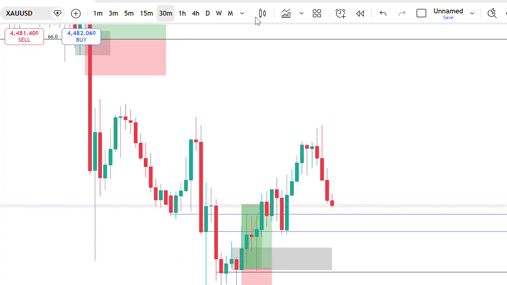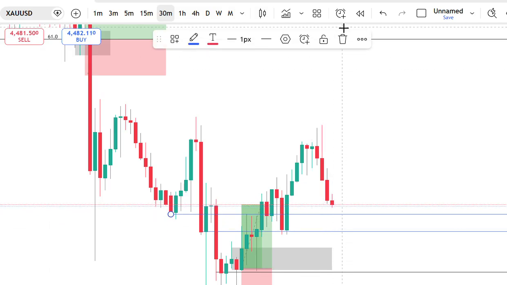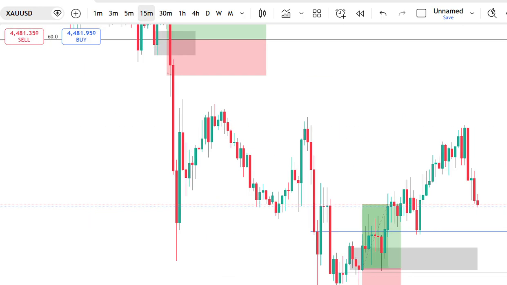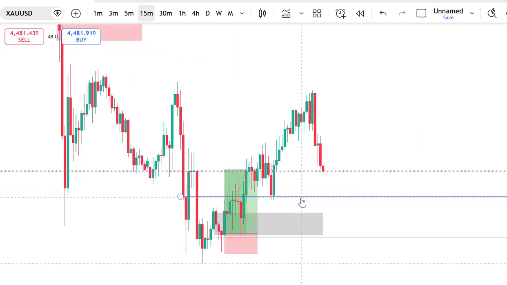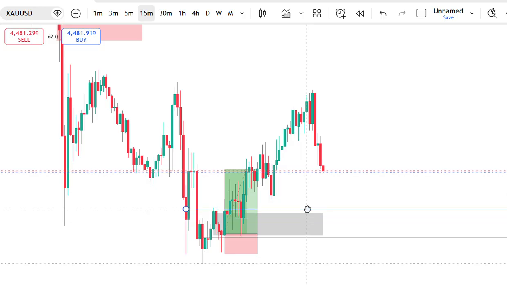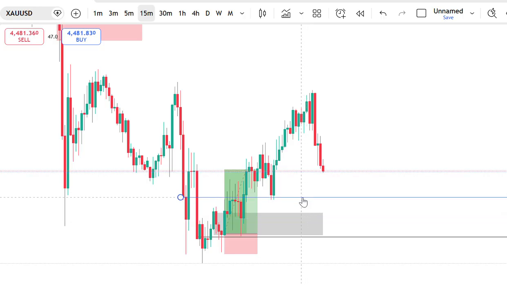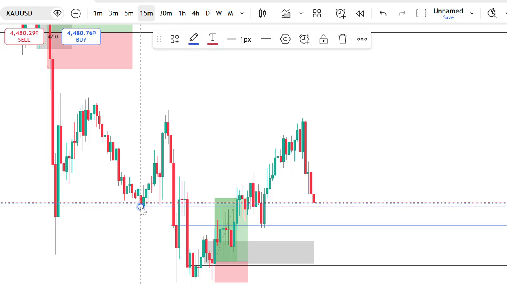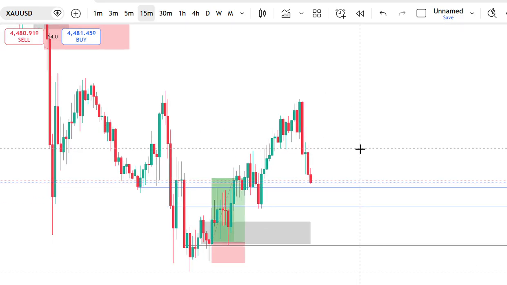Kwa hiyo now for me that I was using 15 minutes. Kwa hiyo market ni kwamba ilinikataa, kwa sababu mimi nilikuwa nasubiri level hii ya chini badala ya kusubiri level hii ya juu ambayo ilitest kwenye 30 minutes. Again, if market could break here, so I could come and wait for the price at this place here. Ilikuwa it was just clear, ila kwa sababu market haijavunja, so I have no any other option as long as